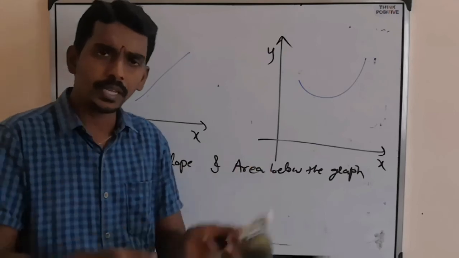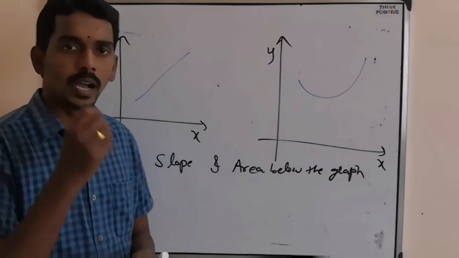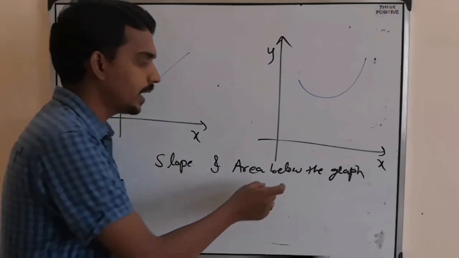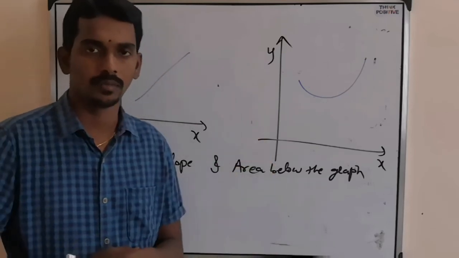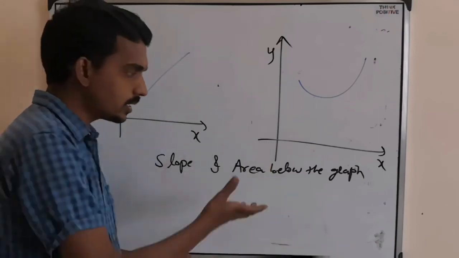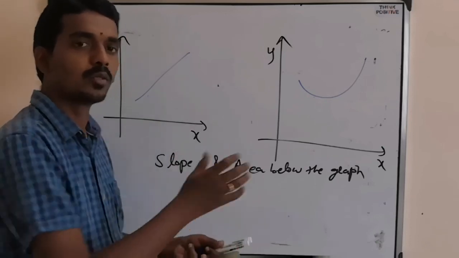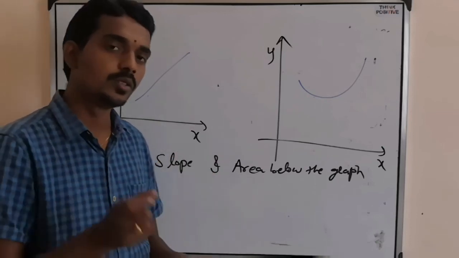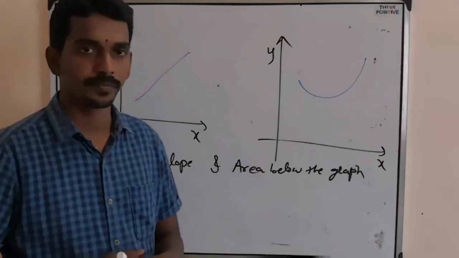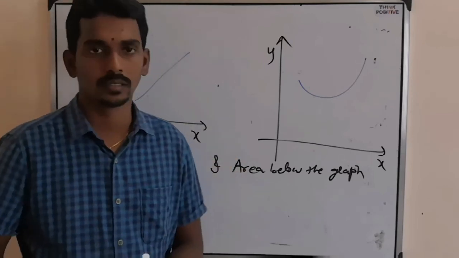Especially when a graph is given in physics, or a question based on a graph, either you will get the answer by finding slope or by finding area below the graph. So we need to understand which one you have to take. But to understand that, we need to first study what is slope, what is area, and how to find them. And what is the use of differentiation and integration in finding these two things. So let us continue the same thing in the coming class. Right?